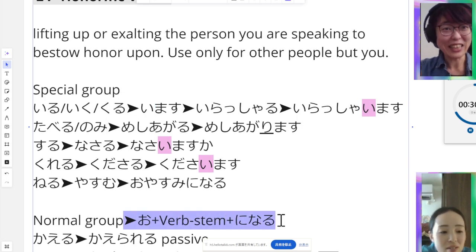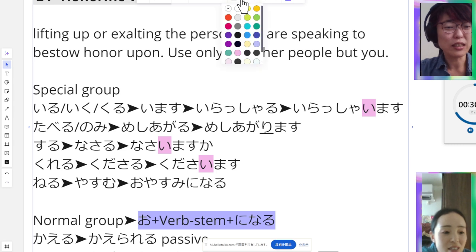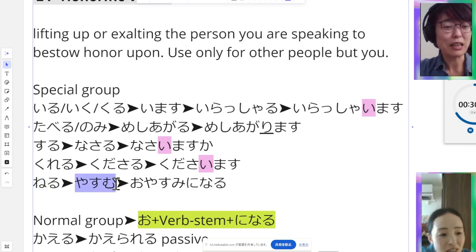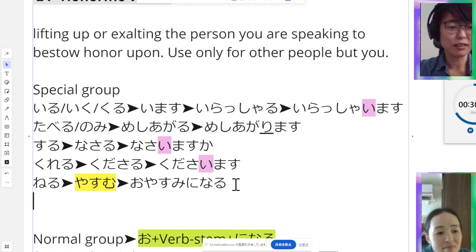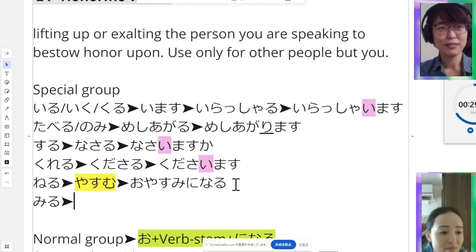そうですね。So, actually, it is following the normal group, but you have to switch. Okay, if you want to say 寝る, you just go to normal group 休む. Then, for the first time, you can use normal group conjugation. Okay, お休みになる。次。あずみさん、ネットフリックス見ますか